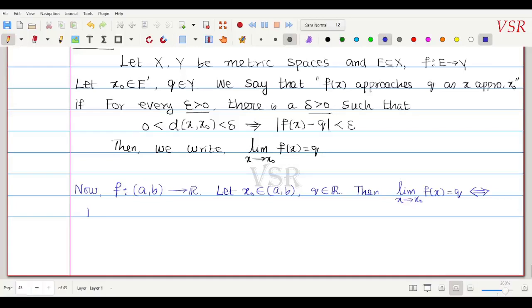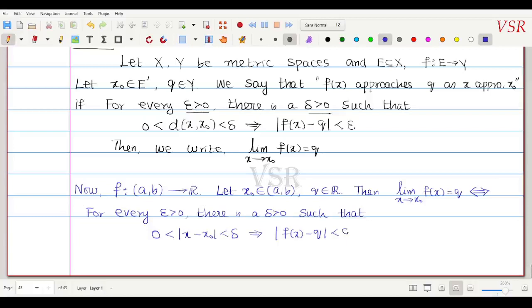For every epsilon positive, there is a delta positive such that whenever 0 less than modulus of x minus x naught, which is less than delta, this must imply that modulus of f of x minus q is less than epsilon. Okay, so this is the definition, and we have just